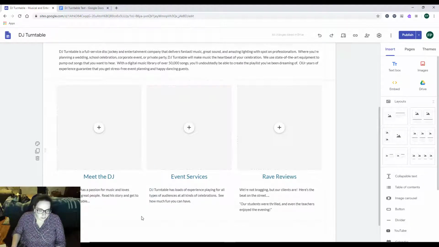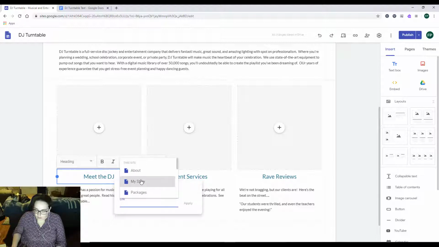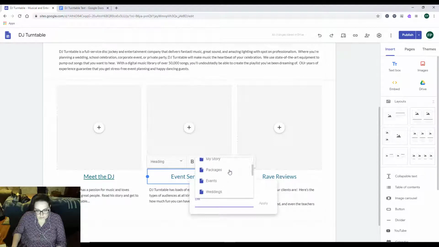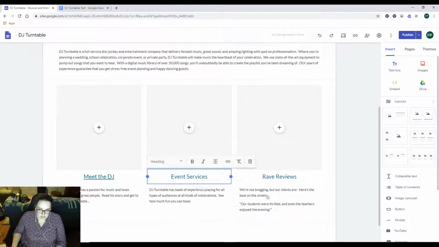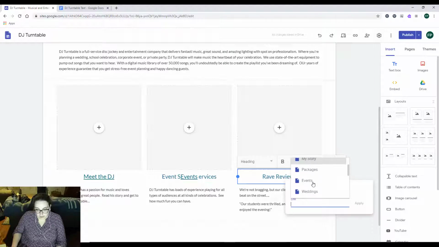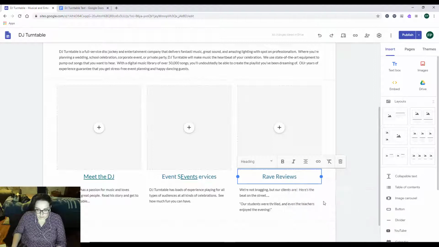The other thing that they have you do in the textbook is they're asking for some of the words to link to other things. So for example, meet the DJ actually has to link to the about page. So I am going to just click in that text box, click the link button, and so this one goes into events. And then this one links, and you'll notice I'm clicking the link button, and then I'm finding the page that has that information on it. And then I just click apply, and now,